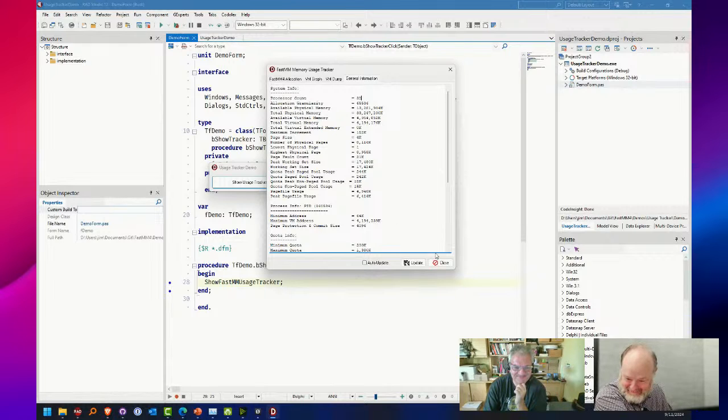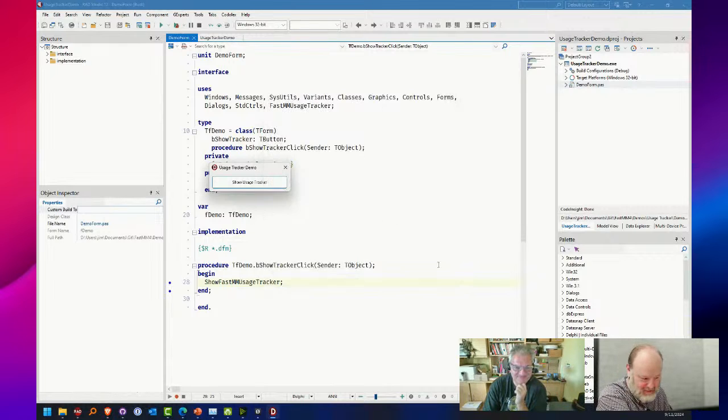Crazy. So that's the usage tracker. And then the other one I did here,